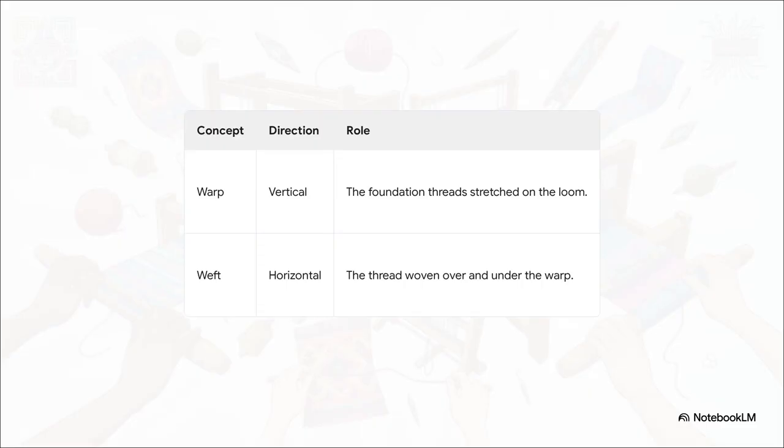So here's how they work together. The warp threads, think of them as the strong, silent type. They run up and down vertically, and they're held super tight on a loom. They're the backbone of the fabric. Then you have the weft. The weft is the traveler, the active thread. It's the one that moves side to side, horizontally, weaving over and under the warp to lock it all into